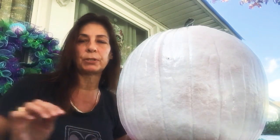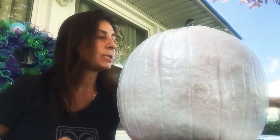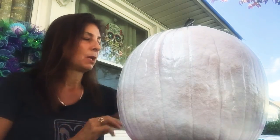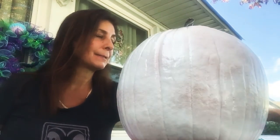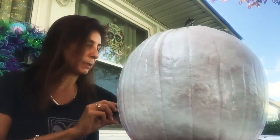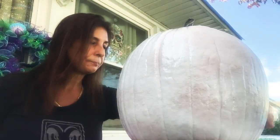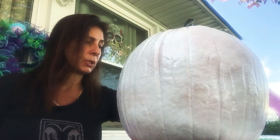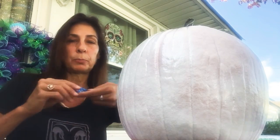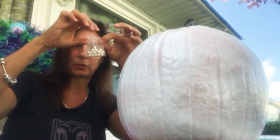And I'm going to show you the materials that you need. Scissors. Okay, I bought these sheets from the dollar store that are self-adhesive. I have them in that size and also in this size. It was all that they had, so I basically went with what they had there. You could shop around and get exactly what you want. I got it in those two colors, and of course the purple, and they only had a little bit of the regular blue, but I added that in, and some pearls,